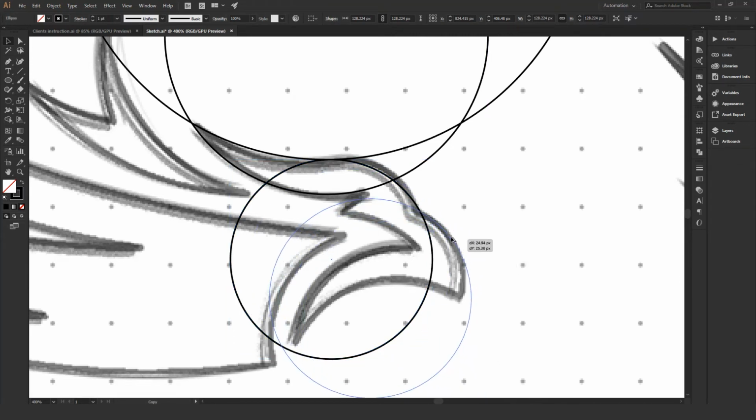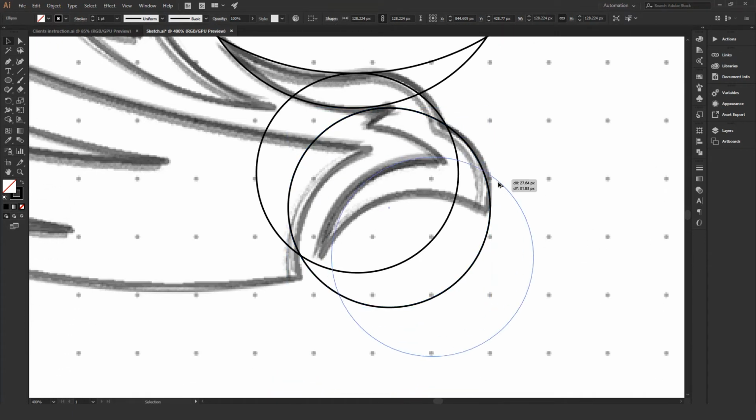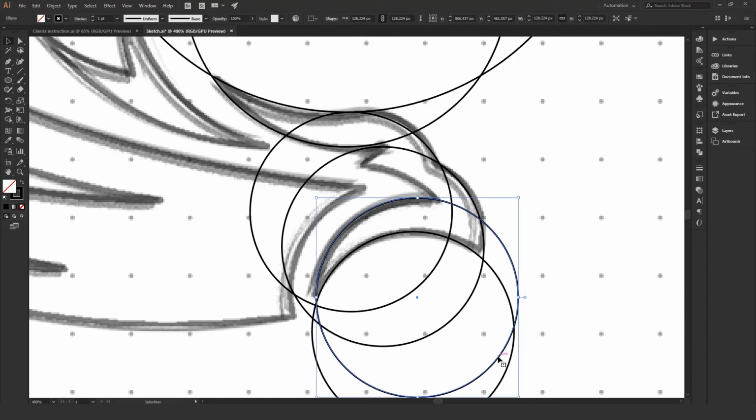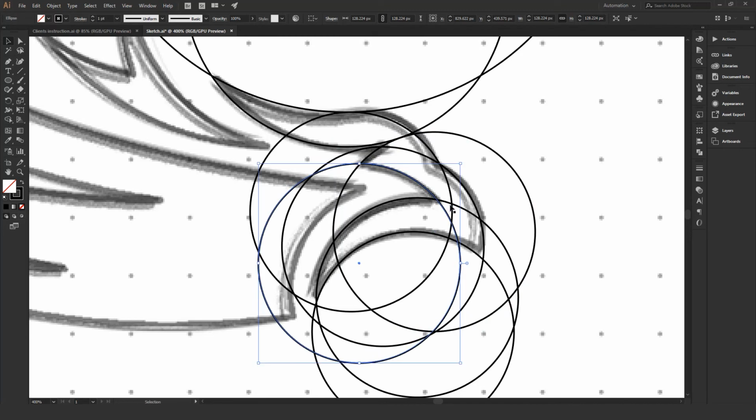Copy this circle again by pressing Alt key, like this. Now copy again this circle by pressing Alt key like this for this portion. Copy it again by pressing Alt like this for this one. Copy again like this for this circle and this one also. Okay,